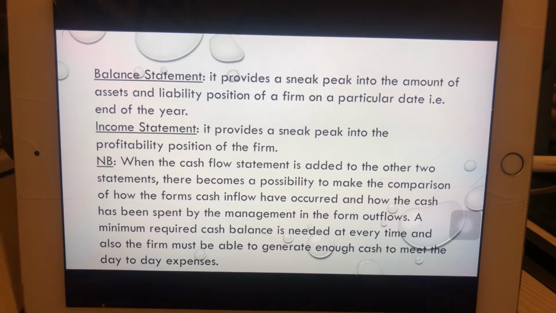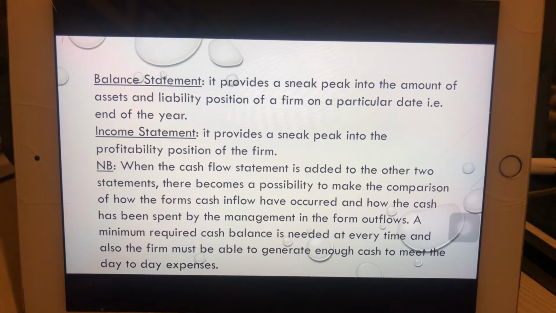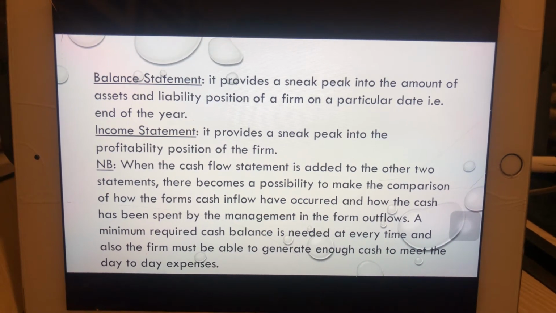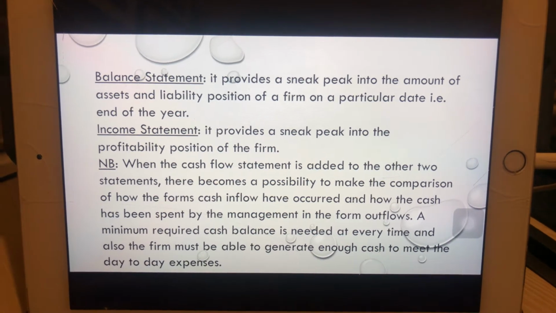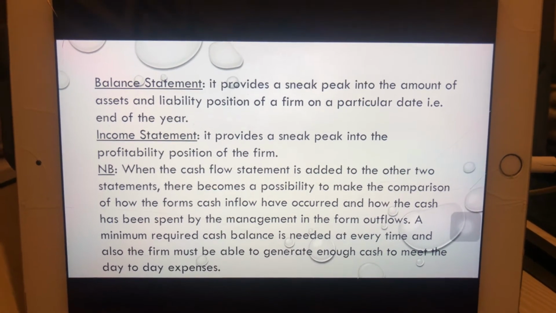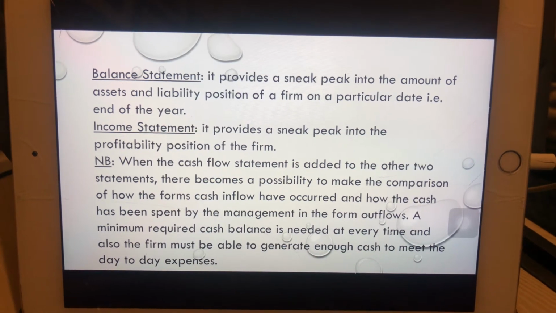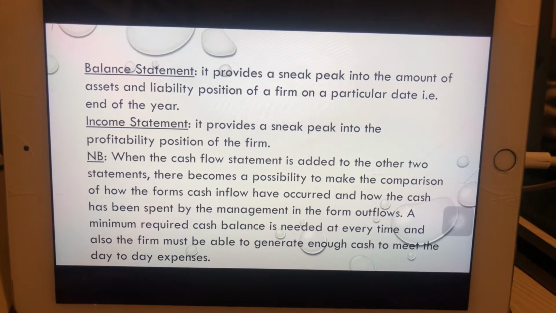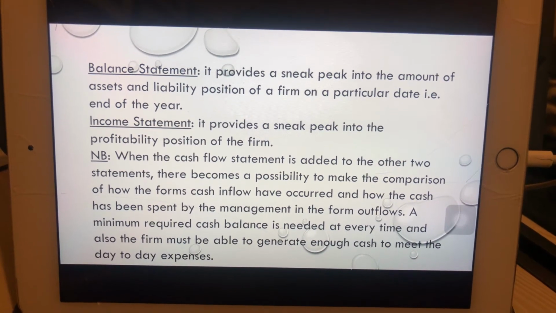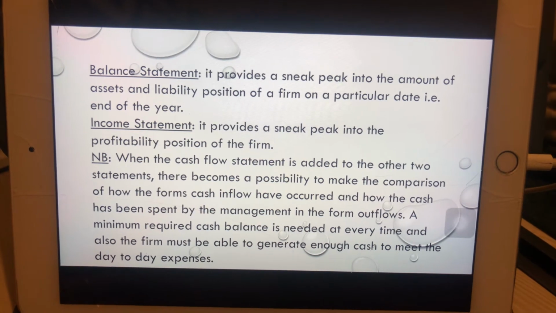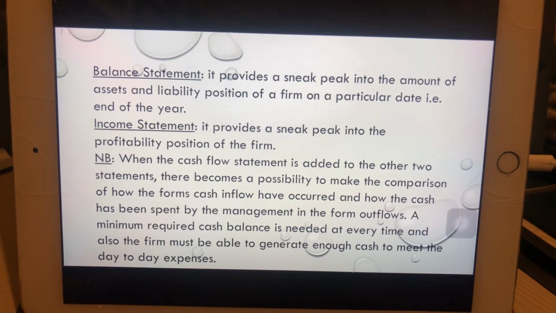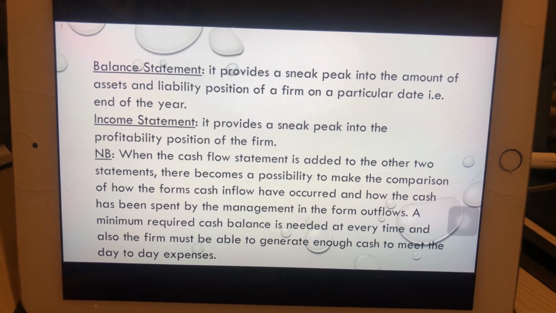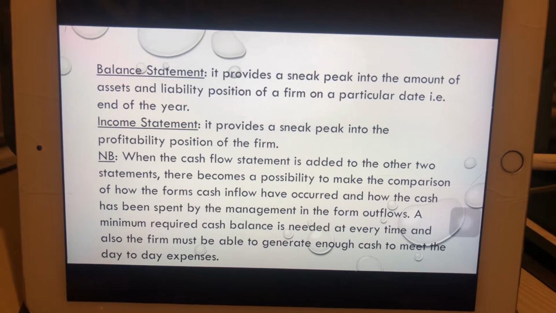Firstly, the balance sheet. It provides a sneak peek into the amount of assets and liability position of a firm on a particular date, that is, the end of the year. The other one is the income statement. It provides a sneak peek into the profitability position of the firm, and there is a note bound which says when the cash flow statement is added to the other two statements, there becomes a possibility to make a comparison of how the firm's cash inflow has occurred and how the cash has been spent by the management